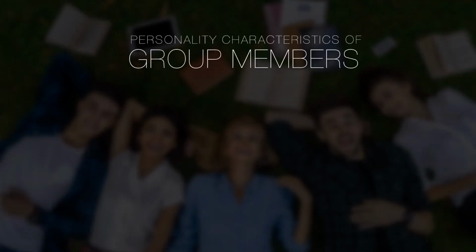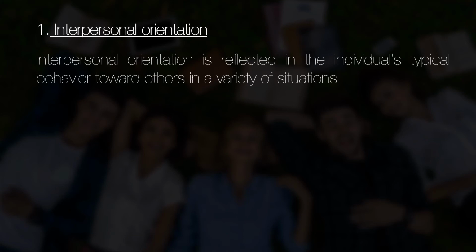Personality characteristics of group members. We have 5 broad categories or classes of personality characteristics. First one is interpersonal orientation. Interpersonal orientation is reflected in the individual's typical behavior toward others in a variety of situations. Meaning, interpersonal orientation does not reflect the actual behavior patterns displayed in interpersonal situations. Rather, it refers to the underlying tendencies to behave in certain ways regardless of the other person involved or the